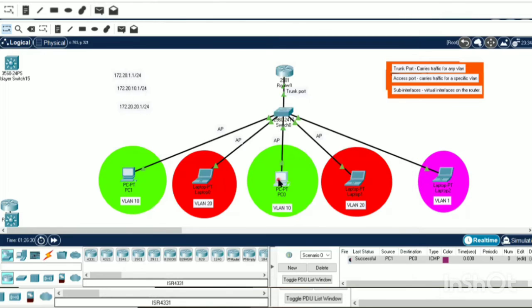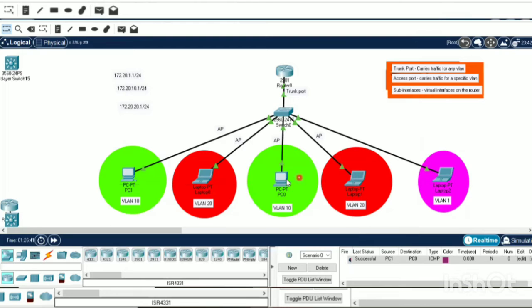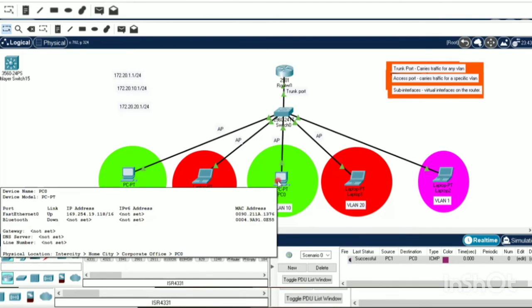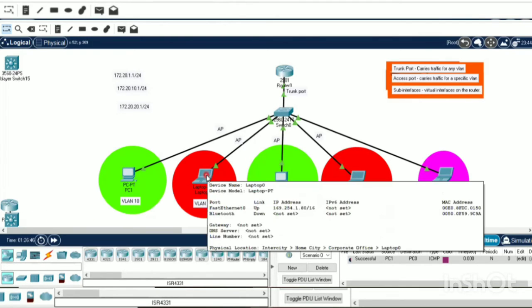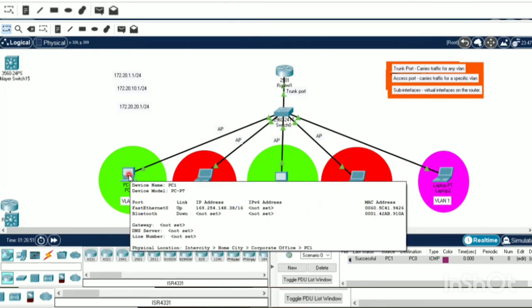So here you can see every PC has assigned an IP address from the APIPA range. Here you can see 169.254.184. You can see they are different. Here you can see 80, but the range is the same, 169.254. This is the APIPA range.